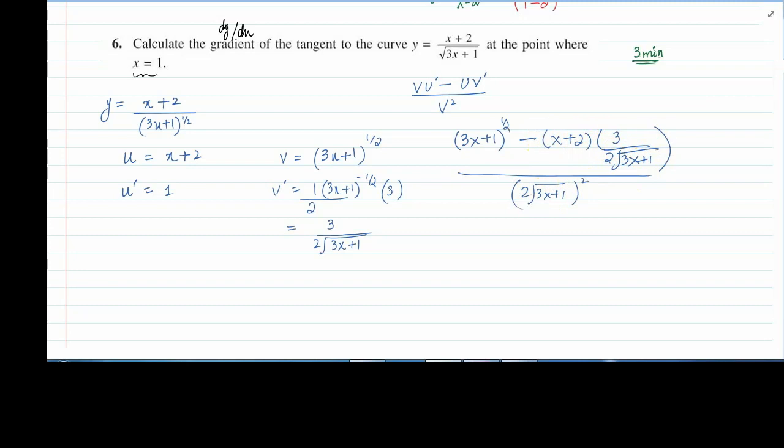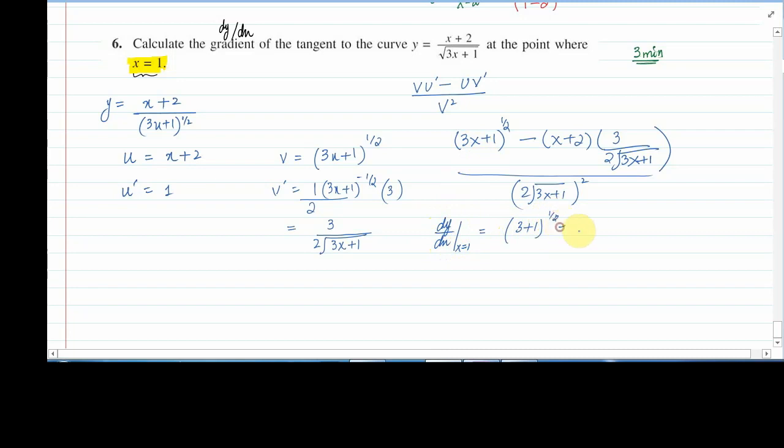Now when you have the value of x, such type of questions are quite easy. Now it's up to you whether you simplify the question or you can just put the value of x. So now I will substitute the value of x. So dy by dx at x equals 1, so that will be equals to 3 plus 1 power 1